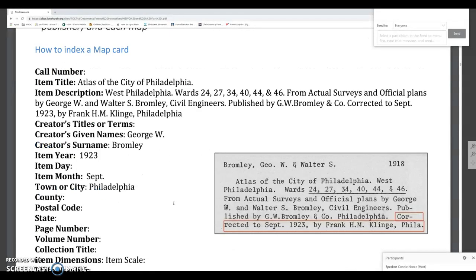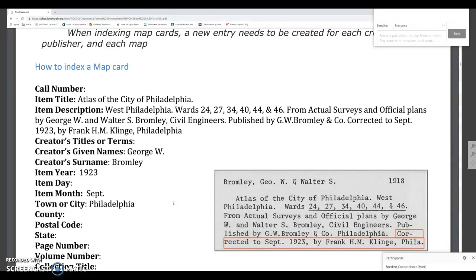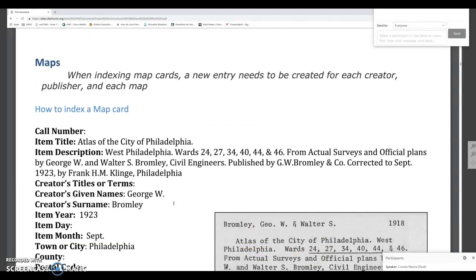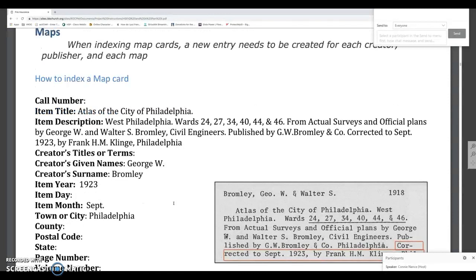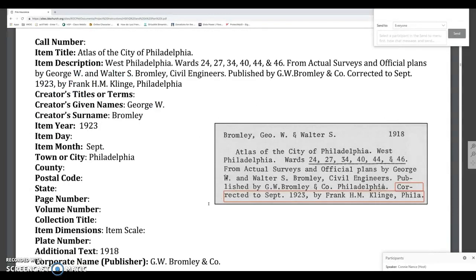This is a map, and you can see all the fields on the left. And that is why I did not fill out every single card. It almost takes the whole page, and this is one of the shorter ones. So on this card, we have a title, Atlas of the City of Philadelphia. And on these cards, you're going to have to kind of look for the title to see if there really is one or not. The description is the West Philadelphia Wards 24, 27, 34, 40, 44, and 46 from actual